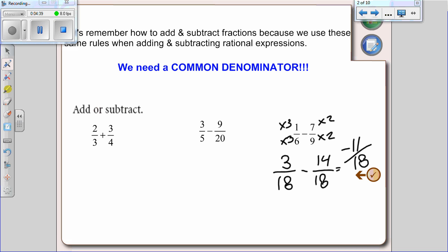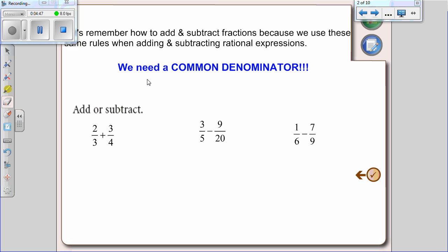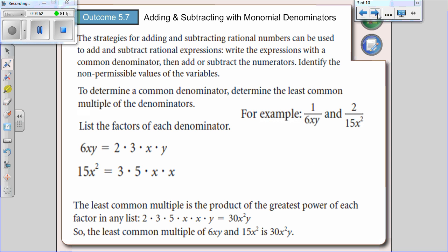The concept is the exact same for variables. Now all we have to be good at is multiplying variables, which we are pretty good at. So this is your nice little note page. Remember I said that these are going to start showing up where if you ever miss a class, you should have somewhere you can go and use that source. This is a pretty good source. This is how you're going to find common denominators